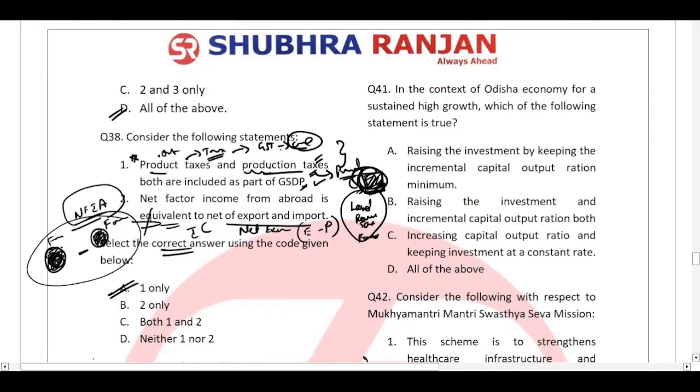Question number 41. In the context of Odisha economy for a sustained high growth, which of the following statements is true? Raising the investment by keeping the incremental capital output ratio minimum. Raising the investment and incremental capital output ratio both. I think this is incomplete. Increasing the capital output ratio and keeping investment at a constant rate. All of the above. So the question is asking if we want to have a sustained high growth, what we